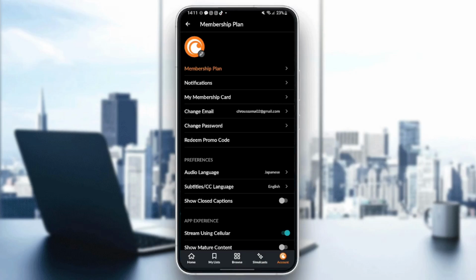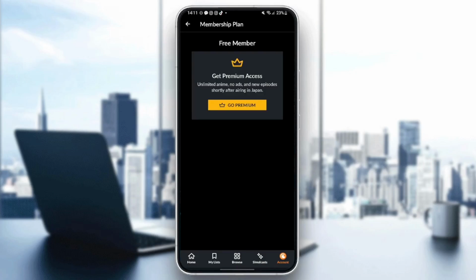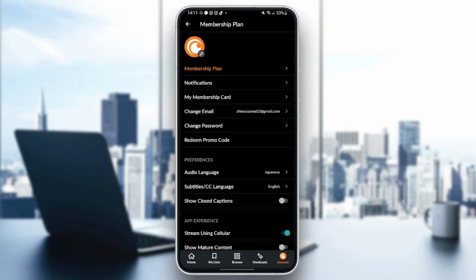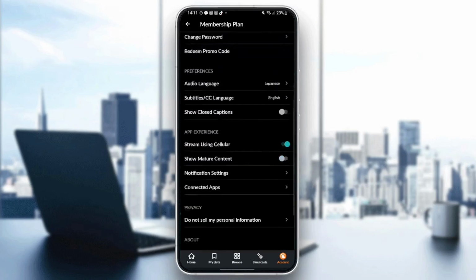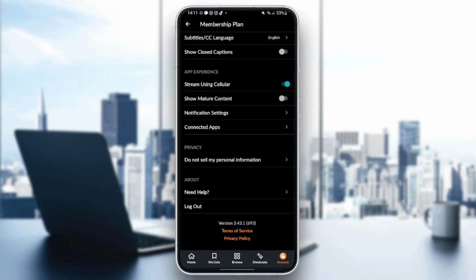So the first thing that you need to do, guys, in order to be able to delete your Crunchyroll account is you must cancel your premium access. Once you cancel your premium access, scroll all the way down, and as you can see, guys, right here, there is no option that says delete account. So the only way to delete your Crunchyroll account is by clicking on need help,